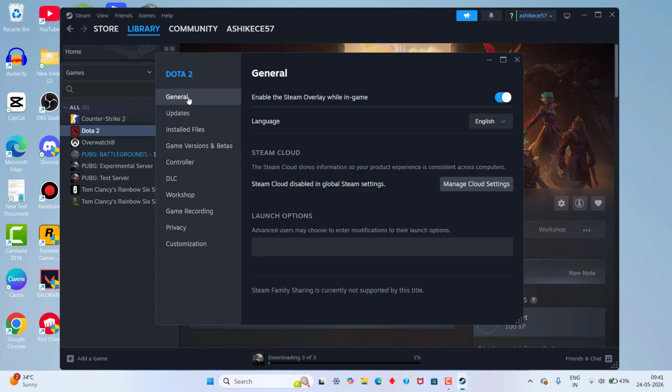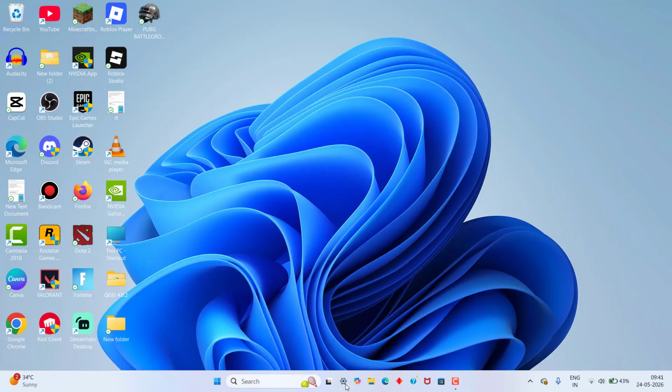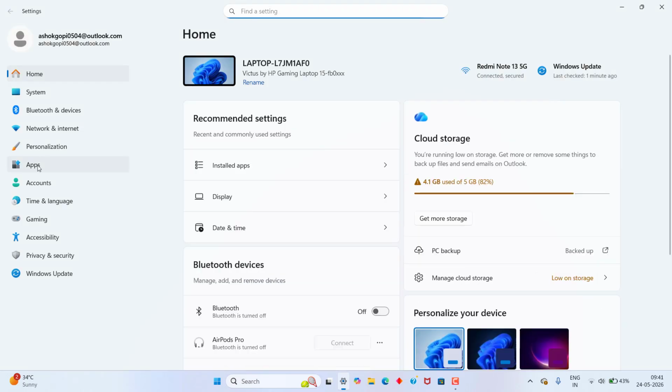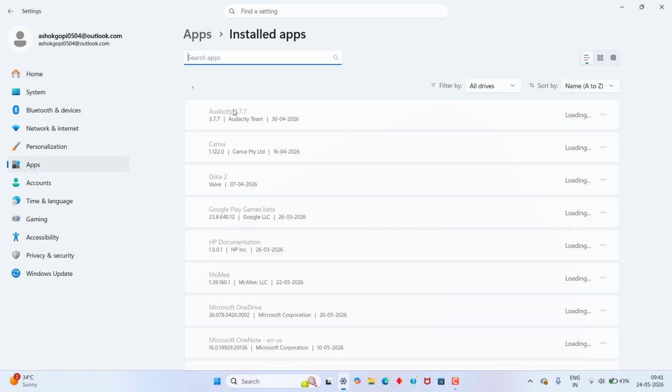Click general and you will see the launch option is there. Here you need to type the following text: DX11, and click OK. After that, the next step, come to settings, click app settings, click installed apps, scroll down and